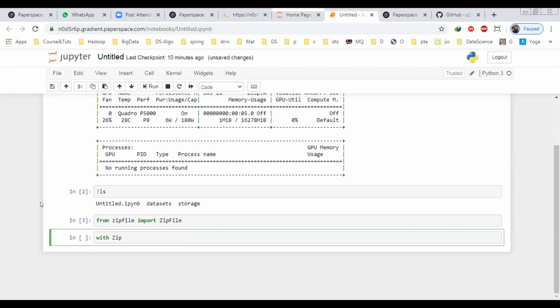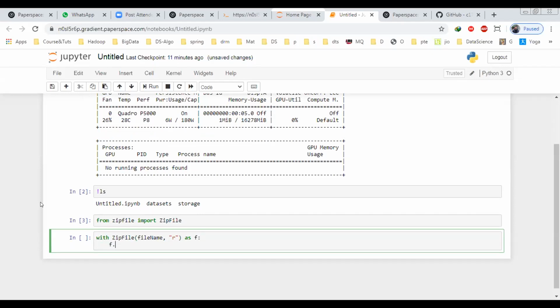I'm making a mistake here. With ZipFile, you have to give the file name. I am putting it in a variable here, and then you have to provide that you want to read, so R, and then an alias if you want. I generally give F for file. Now you have to do F dot extractall.